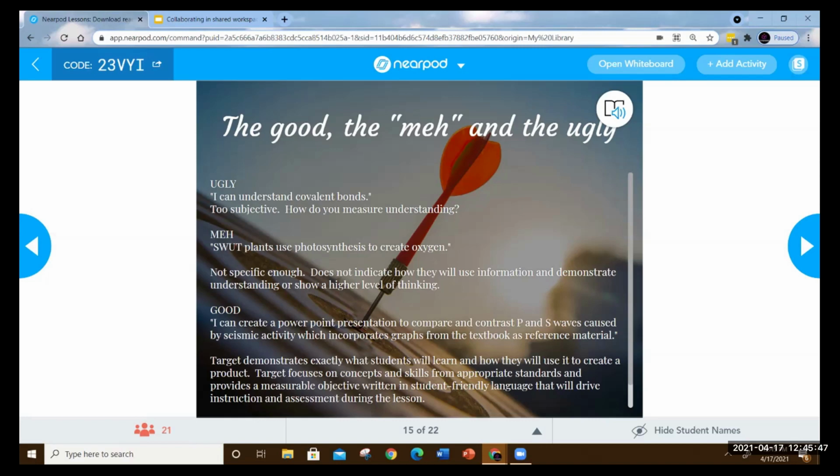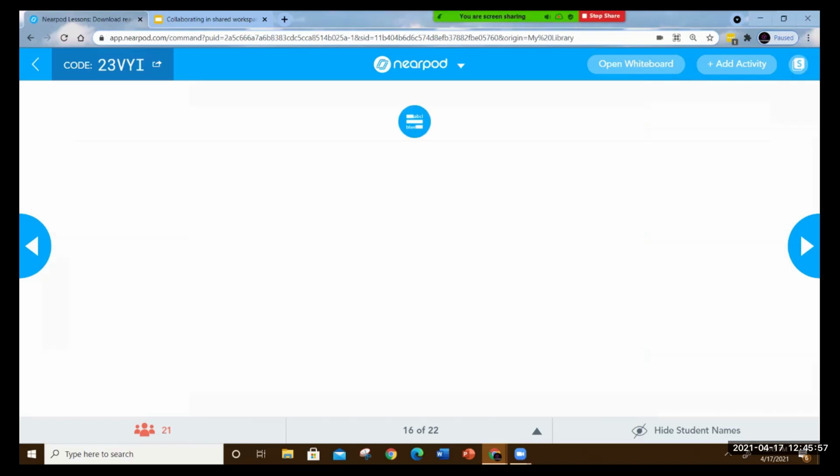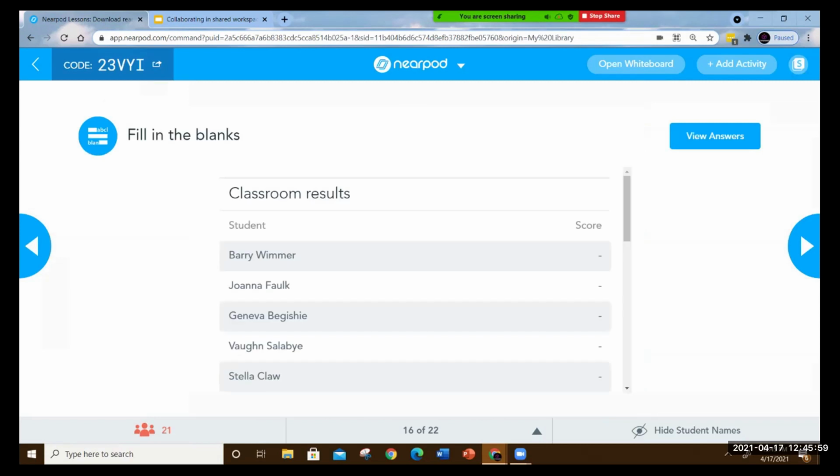And it's student-friendly language, and it's driving your instruction, and it's driving your assessment. Okay? So, all right. So we're about to write our own learning targets. But before we do that, I want you to do this fill-in-the-blank activity because